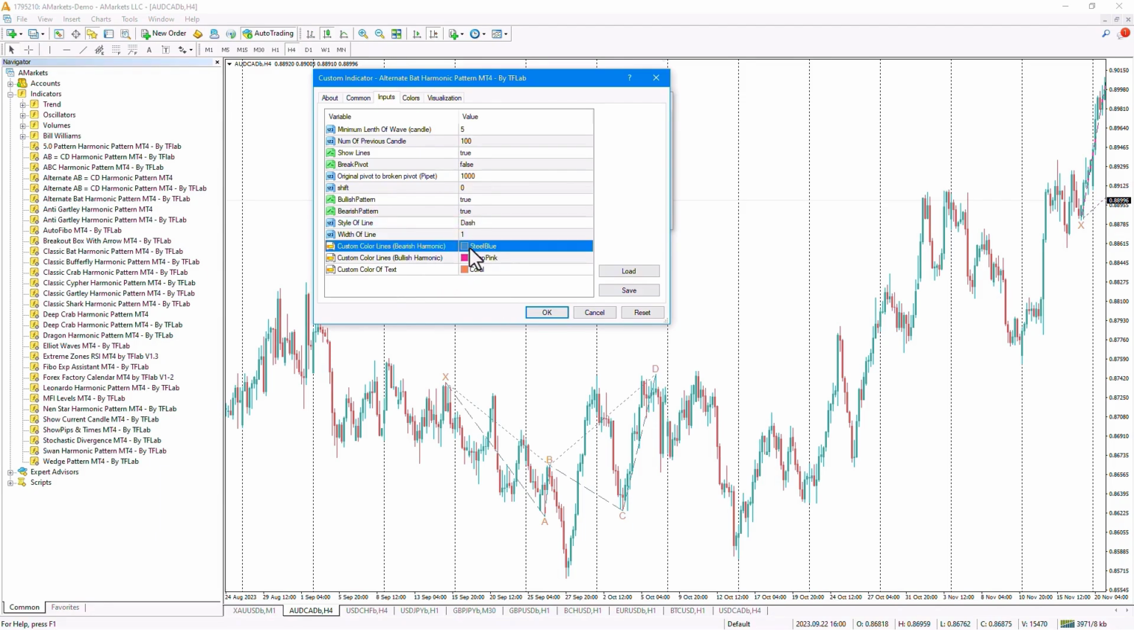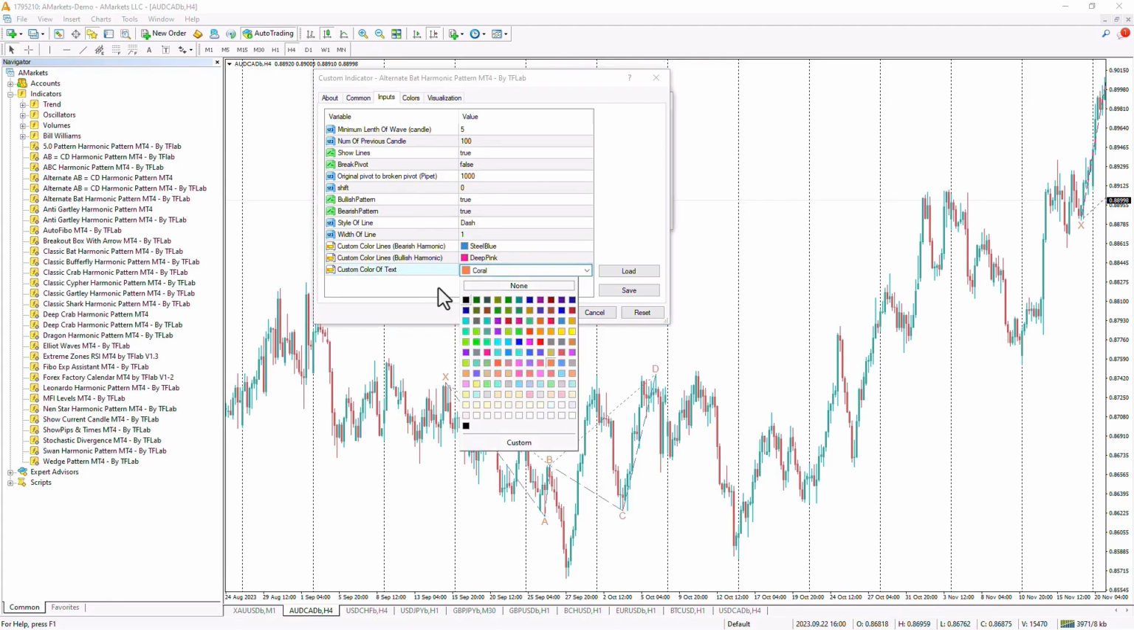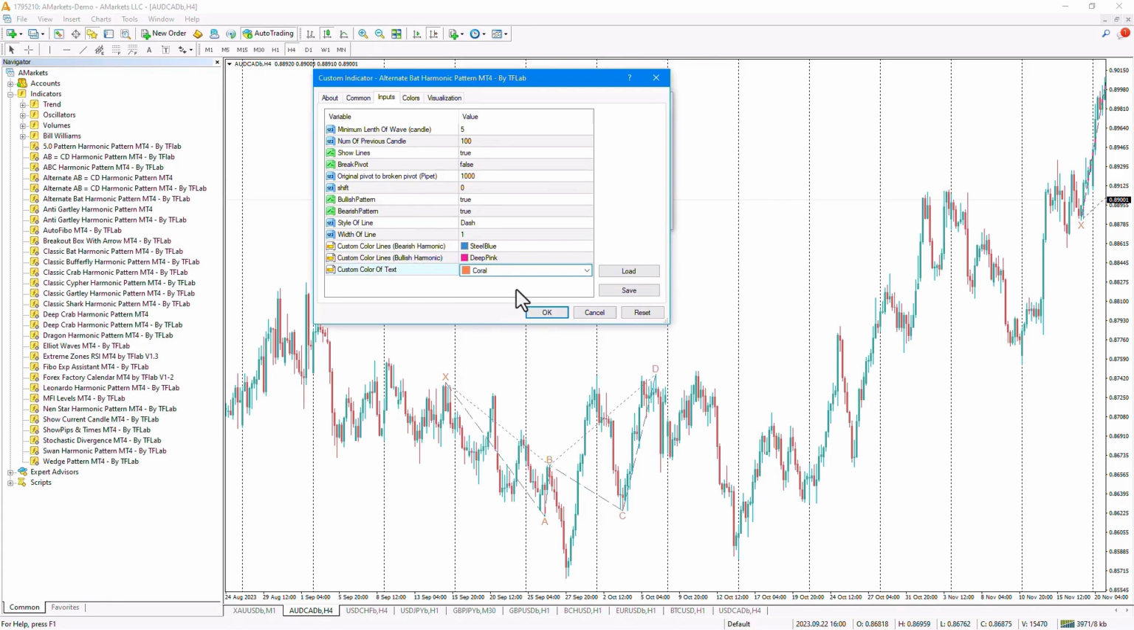In the next section, we can change the color of the bearish harmonic pattern, the color of the bullish harmonic pattern, and finally, the color of the harmonic pattern labels to any color we like. Just be sure to note that in the MetaTrader 5 platform, the first two options are different for us. In the MetaTrader 4 platform, in this section,